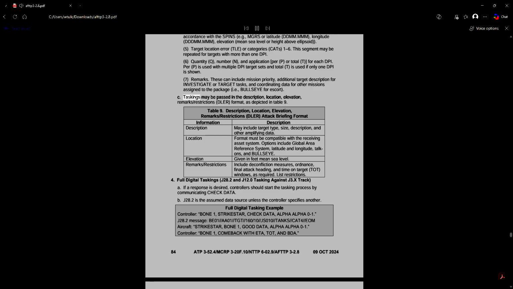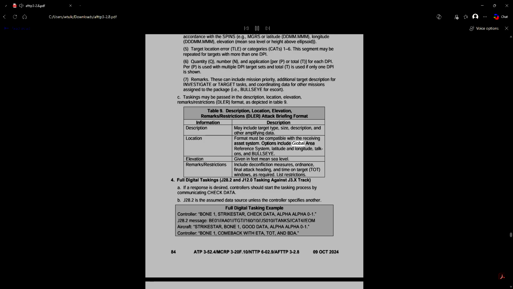C. Taskings may be passed in the description, location, elevation, remarks/restrictions, DLER, format, as depicted in Table 9. Table 9. Description, location, elevation, remarks/restrictions, DLER, attack briefing format. Information description may include target type, size, description, and other amplifying data. Location format must be compatible with the receiving asset system.